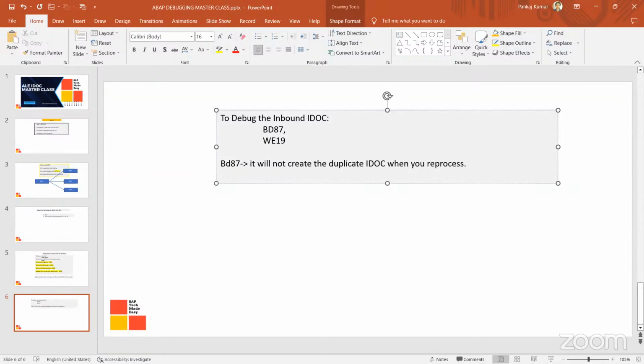And WE19, what will it do? It will create a duplicate IDOC when you reprocess. So BD87 is this, WE19 is this. This is the important difference, because BD87 does not create the duplicate IDOC. You can use this